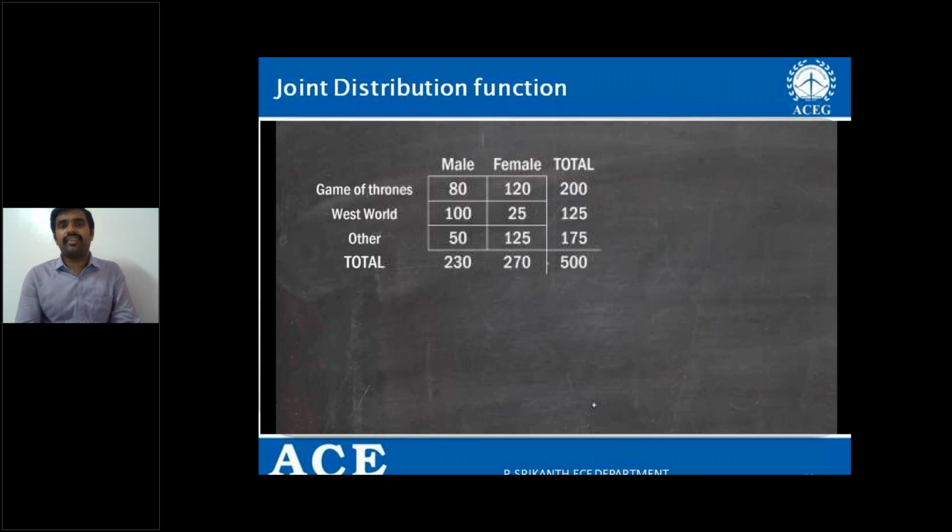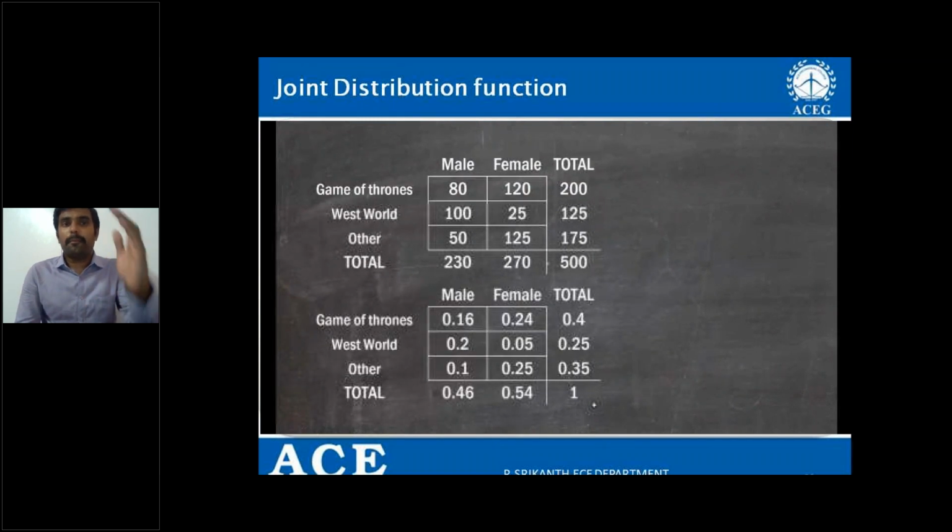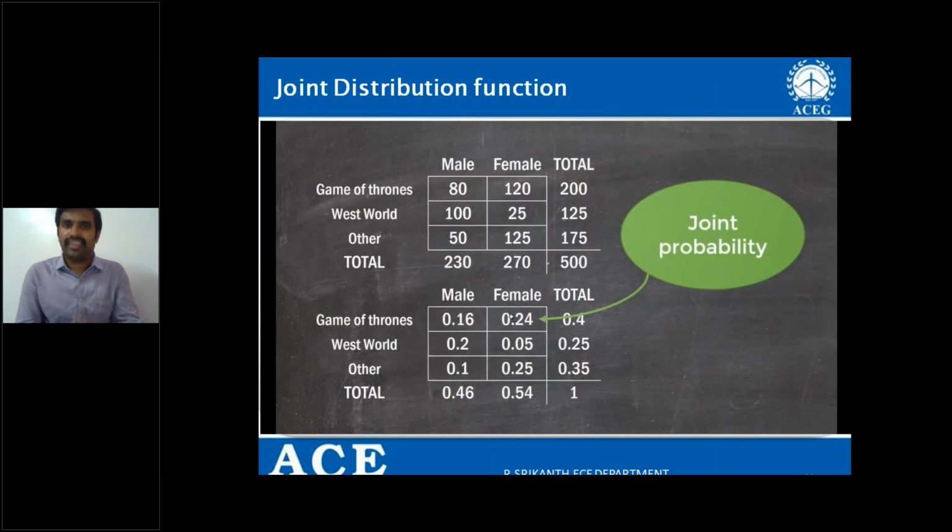It has taken a survey of male candidates and female candidates, and the male candidates are subscribing to some channels: Game of Thrones, Westworld, other. 80 male candidates are subscribing to Game of Thrones, 120 female candidates are subscribing to Game of Thrones, and like that, here 230 male candidates are subscribing to the 3 channels, and 270 female candidates are subscribing to the 3 movies, I can say,